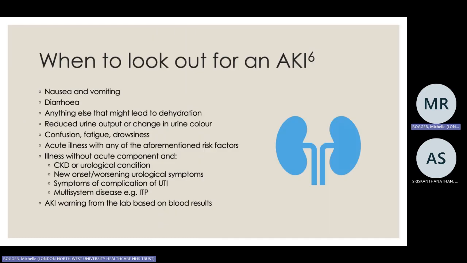Okay. So when to look out for an AKI? When should you be worried or suspicious of someone having an AKI or at risk of developing one? So if someone's had nausea and vomiting, diarrhea, any other causes that lead to dehydration, if they've got a reduced urine output or sometimes change in urine colour, although that's not very sensitive, any signs of confusion, fatigue, drowsiness, any kind of acute illness with any of the things that I've just mentioned, and anyone who's got an illness,